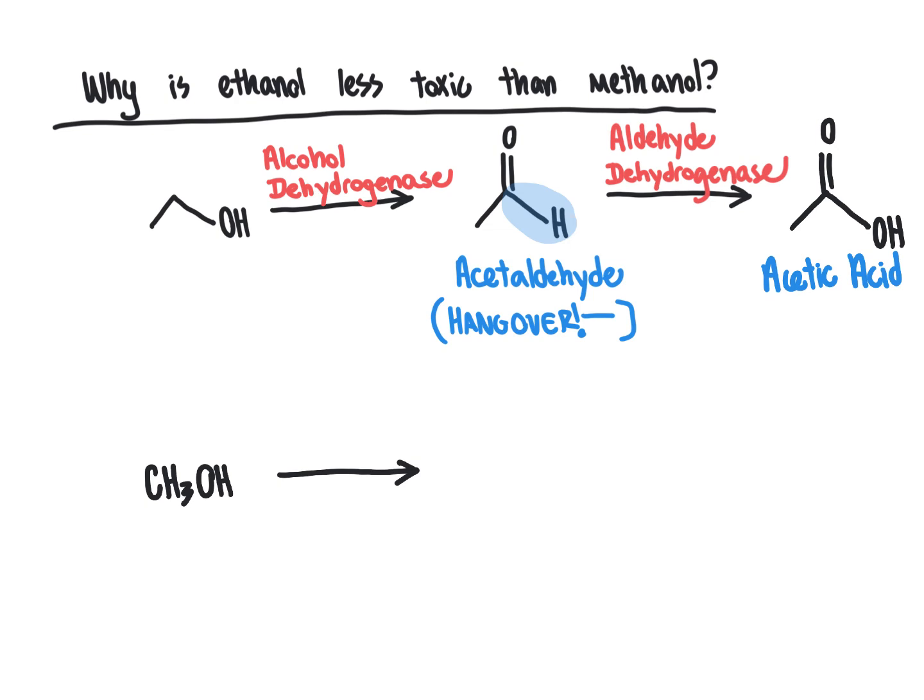The alcohol dehydrogenase and aldehyde dehydrogenase are not particularly high specificity enzymes, meaning that they catalyze a variety of different reactions with alcohol starting materials. So what happens is when a person or an animal consumes methanol, the alcohol dehydrogenase that worked on the ethanol goes to work on the methanol molecule. So we take our alcohol dehydrogenase, bring that in, and it's going to oxidize the methanol molecule to an aldehyde. That aldehyde is going to be a 1-carbon aldehyde.